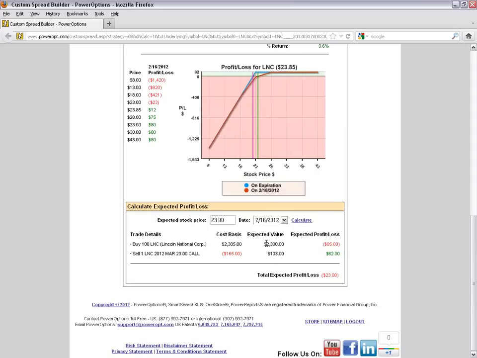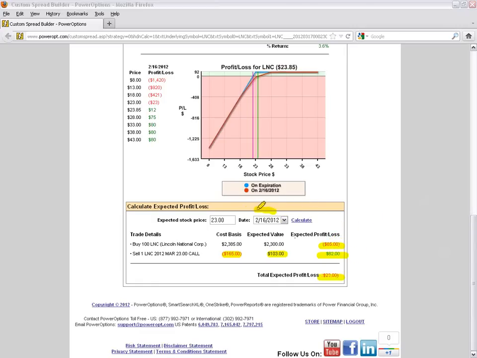And down below, we see that, well, if the stock dropped to $23 on 2/16, we'd have a loss of $85 on the stock down here at the bottom. And we'd have a gain of 62 cents on the call. It dropped from 1.65 to 1.03. Now this isn't etched in stone. This is using the Black-Scholes pricing model, of course. So it's estimating that if the stock was trading at 23, that March 23 call would be worth 1.03. So we have a loss of $23 due to the stock falling faster than the call premium, and that's just